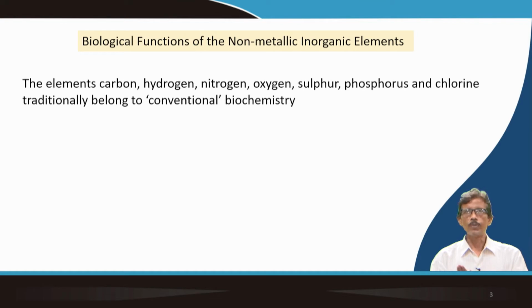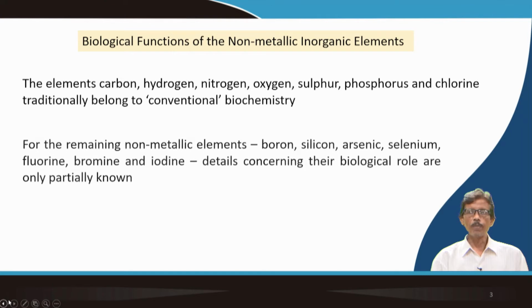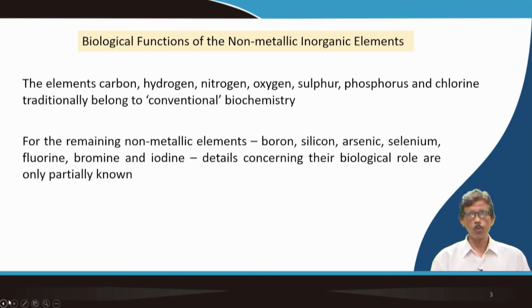So, we consider all of them, not just the organic chemists who are interested in carbon, hydrogen, oxygen, nitrogen, and sometimes sulfur. But occasionally we will bring phosphorus, chlorine, and iodine also, the iodide ions. We know that with our common table salt, we take iodine for the formation of a good amount of thyroxine. So, the conventional biochemistry, how this particular part, the way we are looking at it in terms of